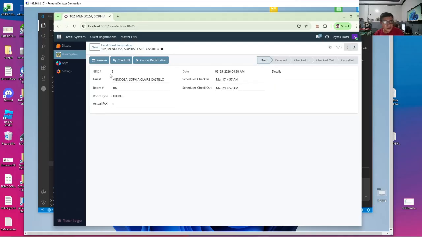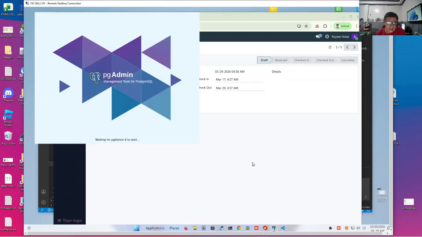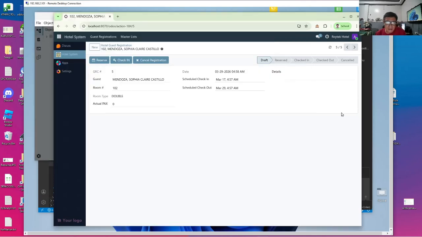There's also the guest registration. Remember now, a special feature in this series was the PostgreSQL function which we have created behind the server. This is used to generate the guest registration number specific for a particular hotel, because we have designed this application to accommodate several hotels. So each hotel will run independently. It will have its own set of rooms, room types, set of guests, users, and so on and so forth.